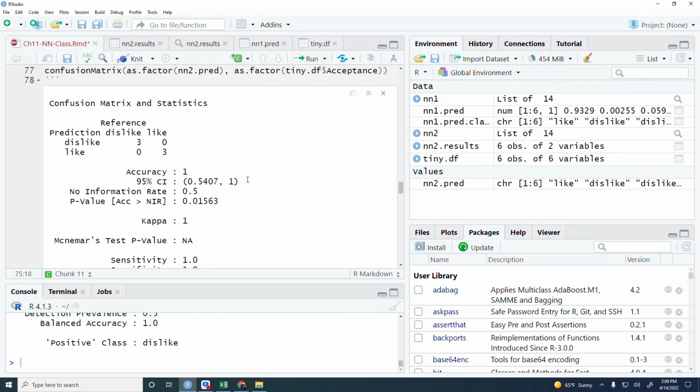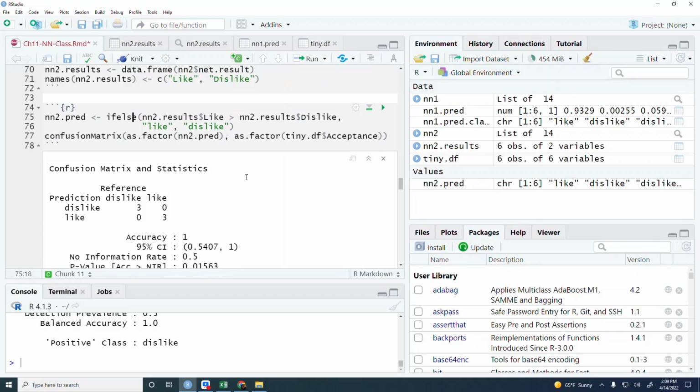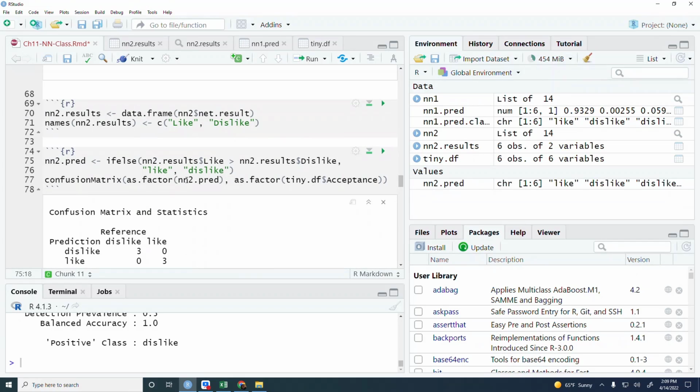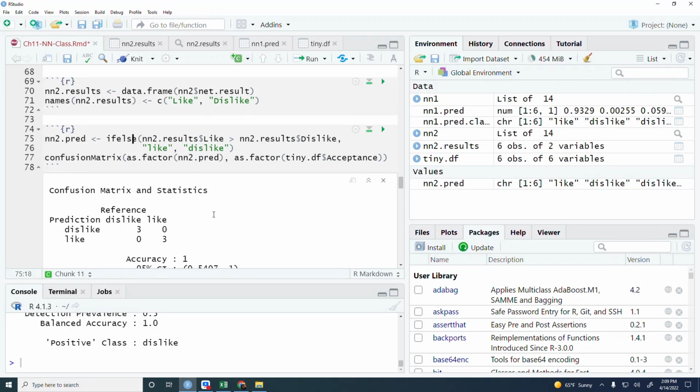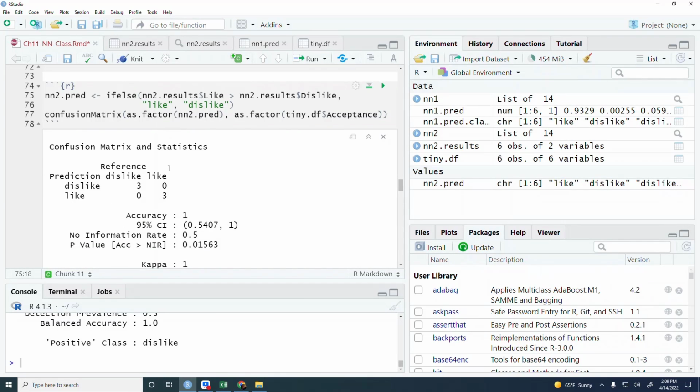So that's again the difference between the one that we did first and now. In the first one, we had only one node in the output layer. Now here we defined two additional columns and used those two columns as the target. So now we have two nodes in the output layer, and we get the same